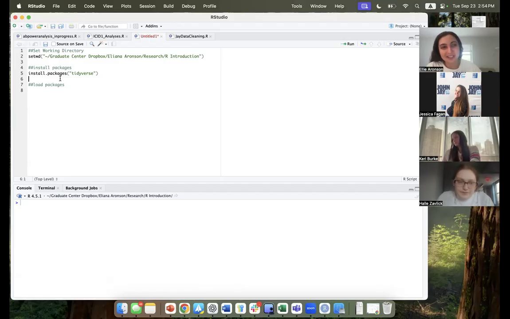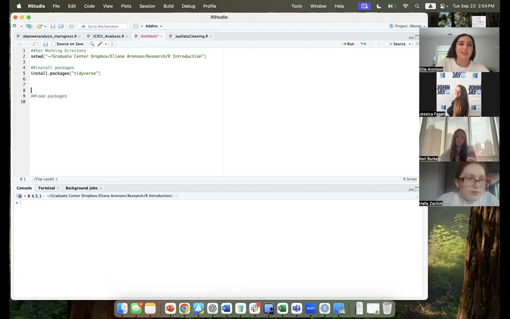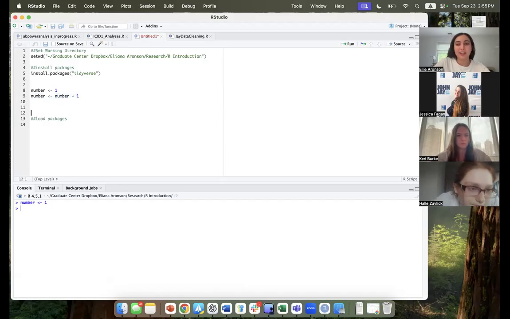There are a lot of R mistakes I've made because I forget that I've run part of my code and then I try to run a different part of it and values have not updated. So for example, if I set an object number, I'm creating an object called number and I'm saying number is one. And then I do one plus number plus one. And I say, actually, number is going to be that plus another one, but I don't run this line of code. And then later I run a more recent line of code where I'm like, number plus,